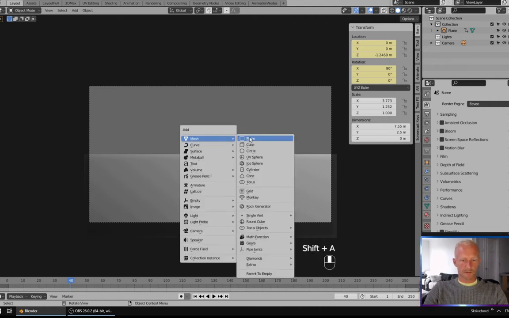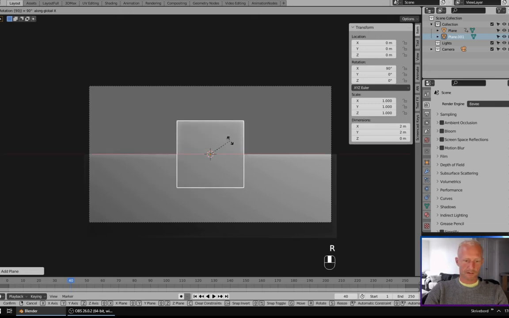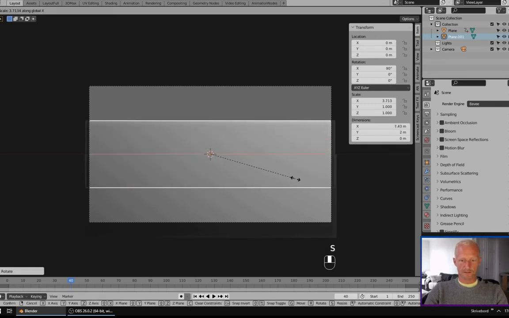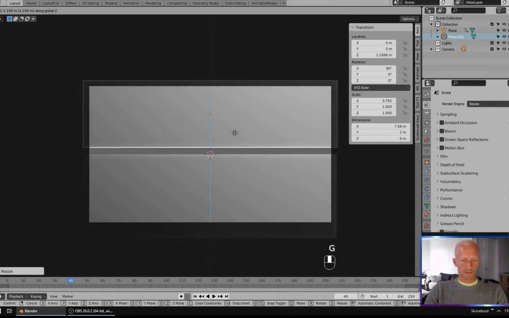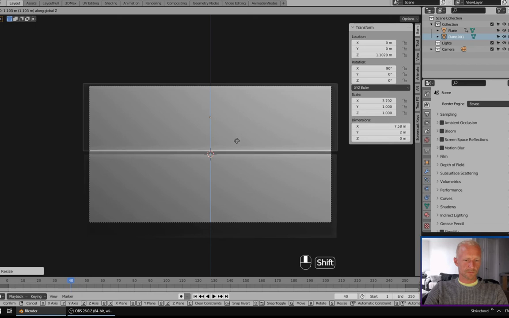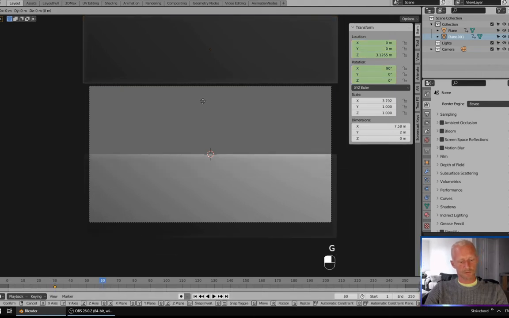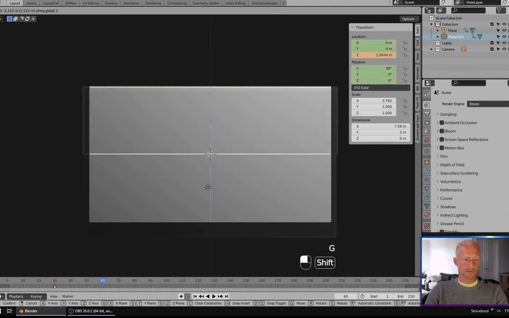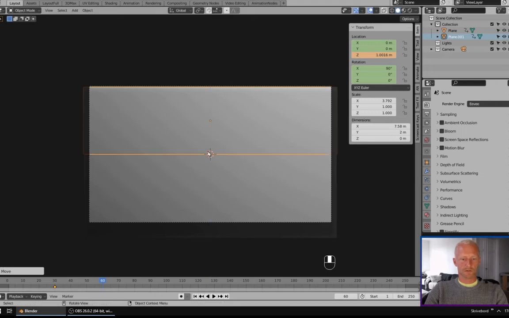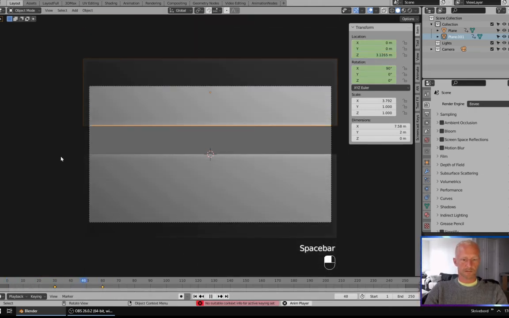I will add another plane, rotate it around the X 90 degrees, scale it up on the X axis, G and Z, and just move it up like there, and go to frame 30, keyframe, location, rotation, and move up to 60, grab Z, move it down just till it touches there, and add a keyframe, location, rotation. Now we have something like this,